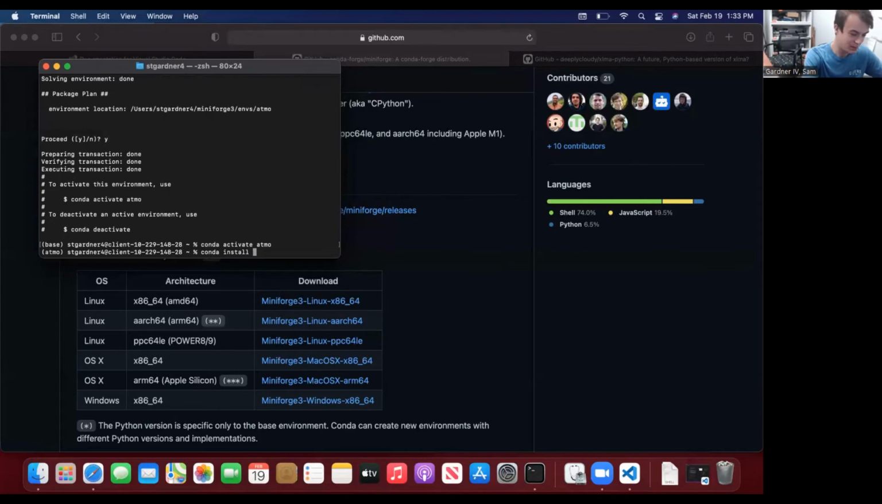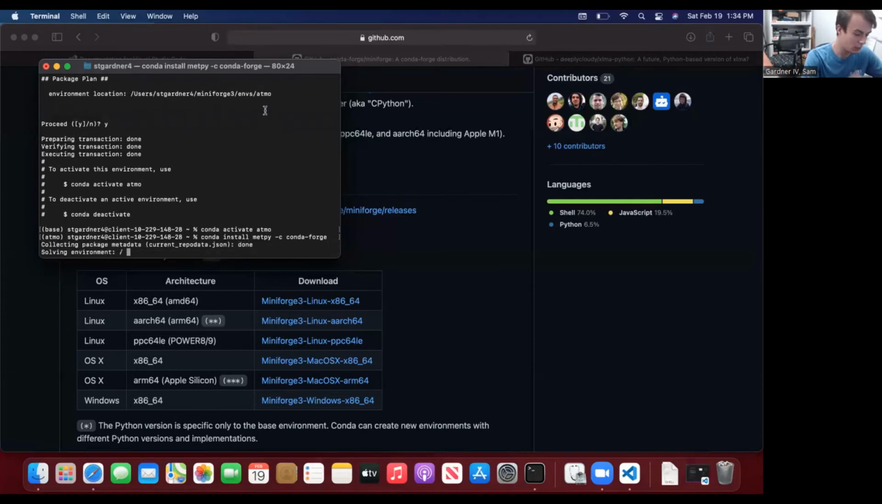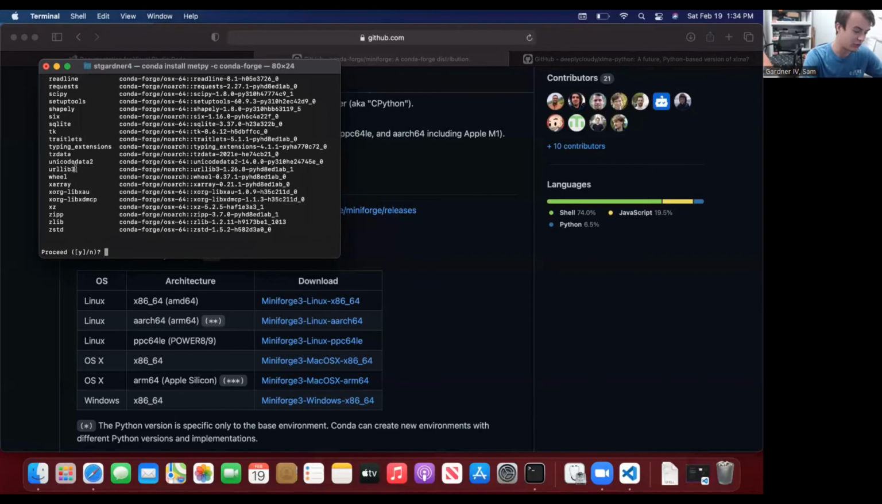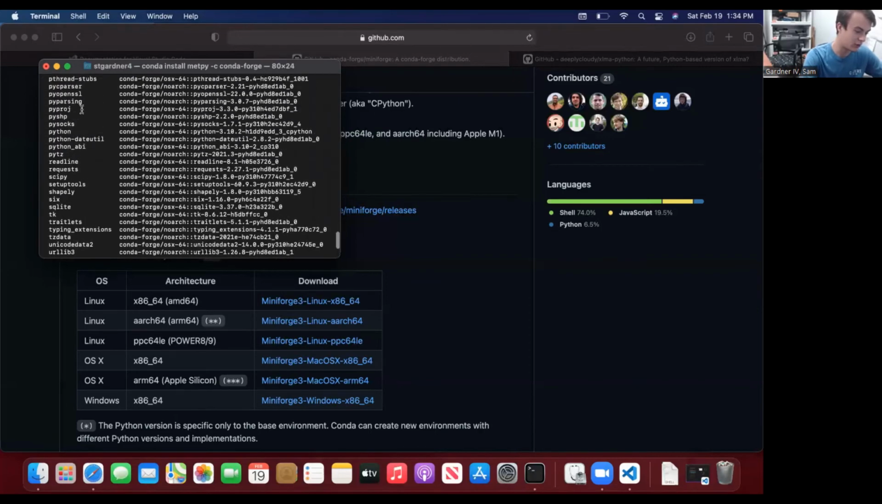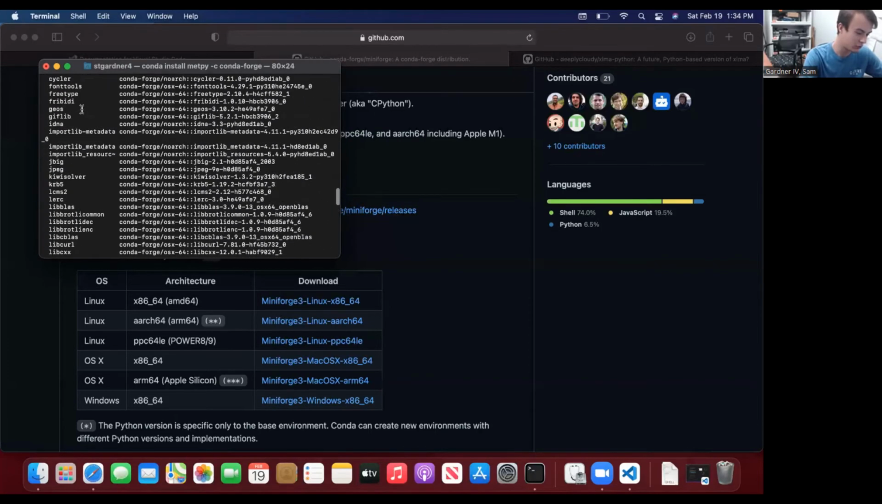So let me go ahead and type conda install metpy, and then you're going to want to add a -c conda-forge to the end of this to be sure that it's pulling from the conda-forge repository and not the Anaconda repository, so that you get the latest version. So we'll run that. This will take a second to figure out what dependencies it needs, and it's going to list basically all of the actions that it's about to take. If we scroll up to the top,